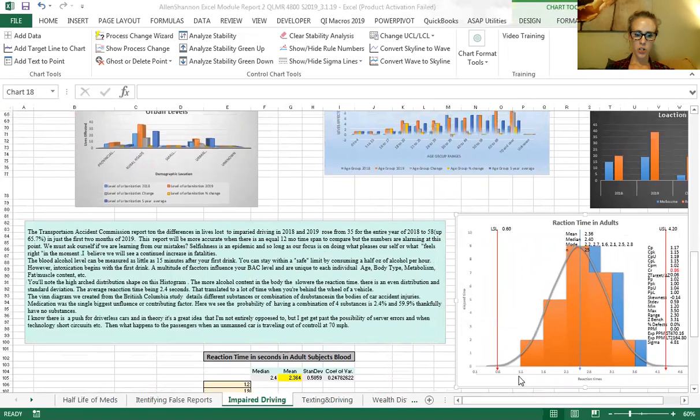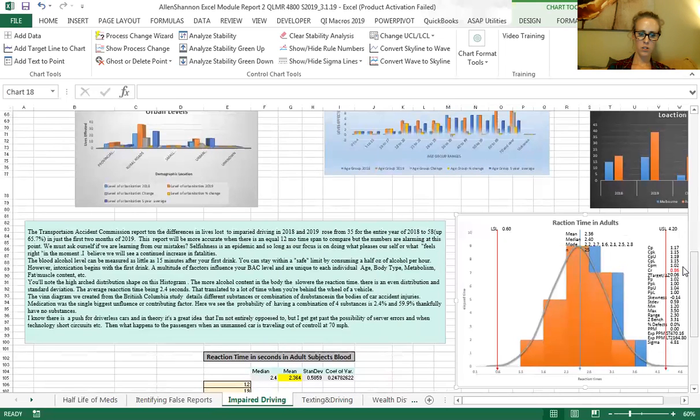But anyway, on the histogram over here, the more alcohol content in the body, the slower the reaction time, and there's an even distribution in standard deviation. The average reaction time being 2.4 seconds, right here. That translates to a lot of time when you're behind the wheel of a vehicle traveling at a high rate of speed. The Venn diagram that we created from the British Columbia study details